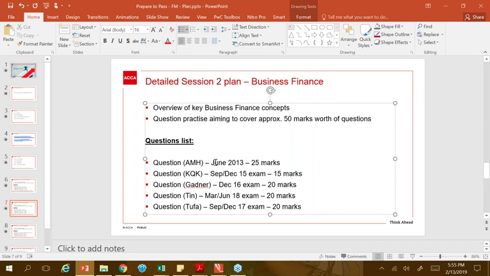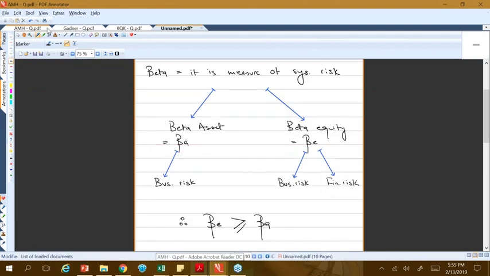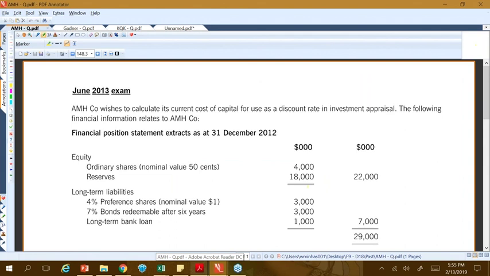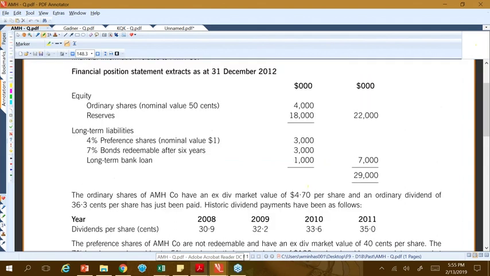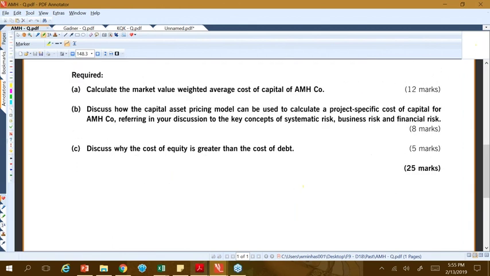Now, you have this question already with you as part of the documents attached to this webinar. We won't have the CBE version of this exam, so we'll have to rely on this copy of the June 13 exam. I'm going to read the question from here, and then I will solve it on the extra constructed response questions. Now, let's read part A here.